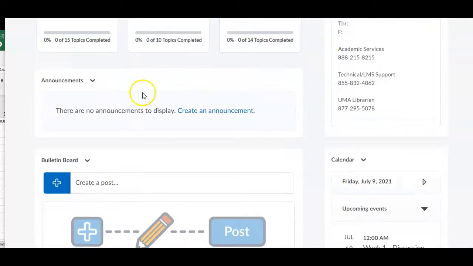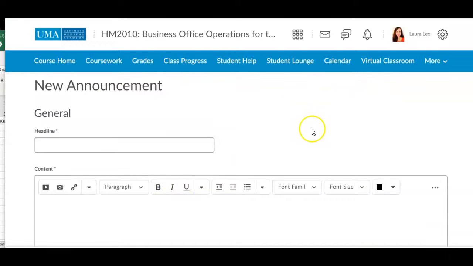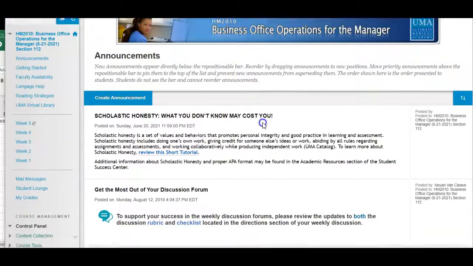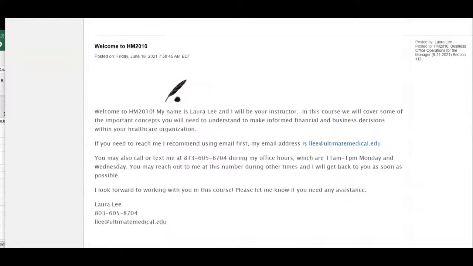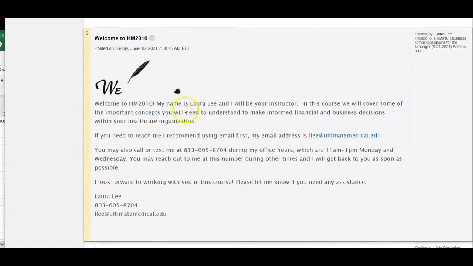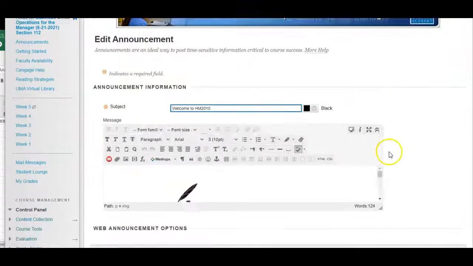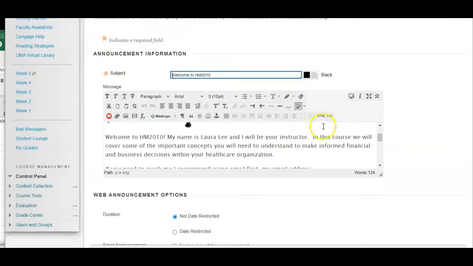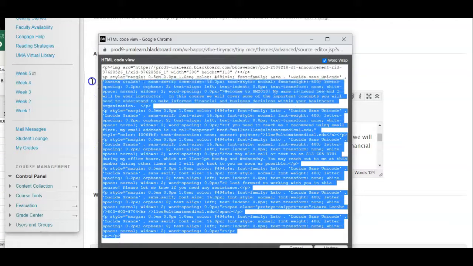And then as you scroll down, you will see the announcements. You can click create an announcement, and you can either choose to copy and paste it directly from Blackboard. I'm going to show you how you can also use the HTML editor. However, I have found that this doesn't always work, but it does at least carry your text over. So if you click on edit an announcement in Blackboard, you can click HTML, and that will give you the HTML code. You copy and paste that,